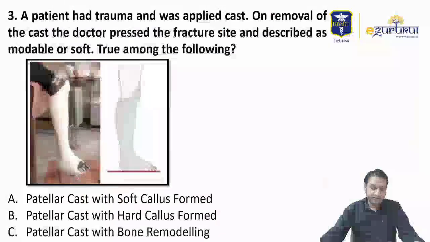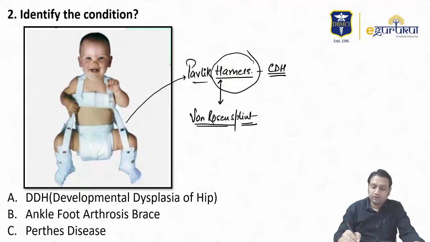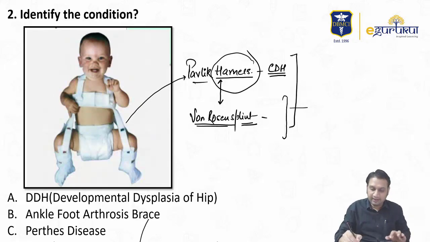And the splint would be which is malleable. Some sort of malleability is there, right? So if you talk of von Rosen splint, the splint is like this, attached. I'll show you the splint also. Just give me a moment. So von Rosen splint is basically the splintage when you go for splinting. Okay. So these are two appliances used for